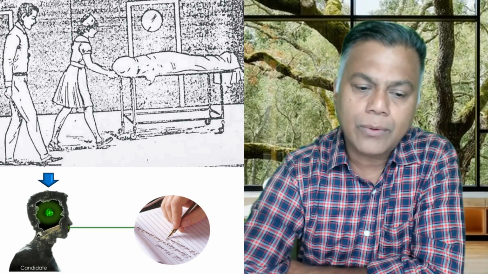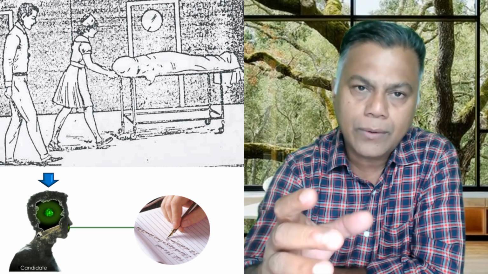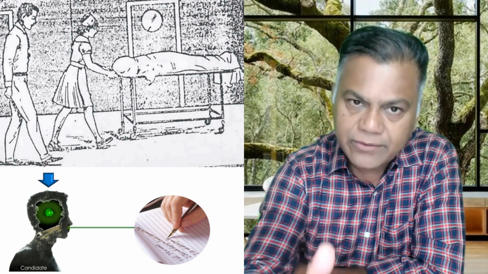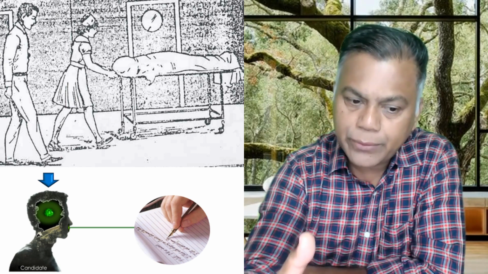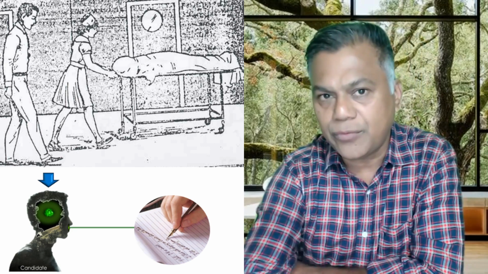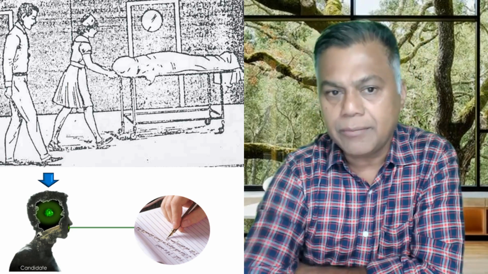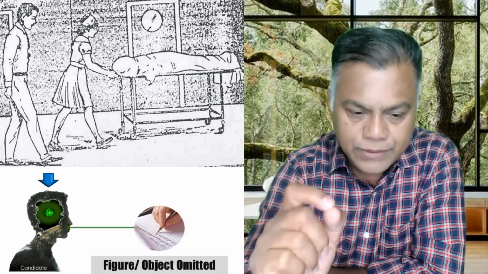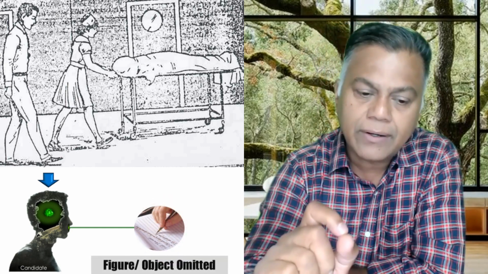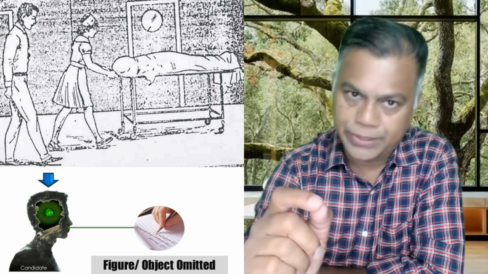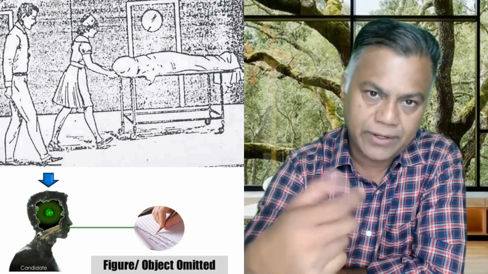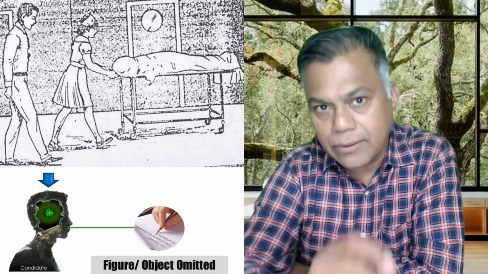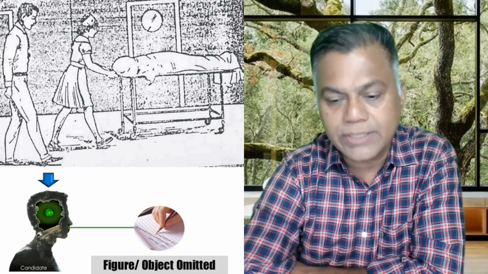Now understand what has happened. This picture will be observed by you, perceived by you, and then processed by you, and then you would have written it in the form of a story. So I'll show you a story by a CDS candidate, and I want you to observe it and see where the figure or the object has been omitted and what has been omitted, and we'll see what is the conclusion of such an act or such omission by the candidate. So listen to the story carefully.